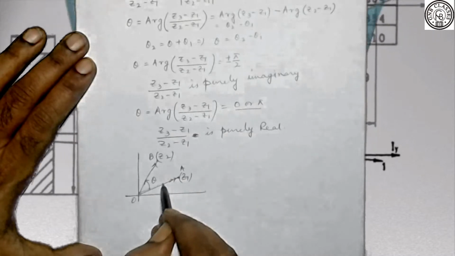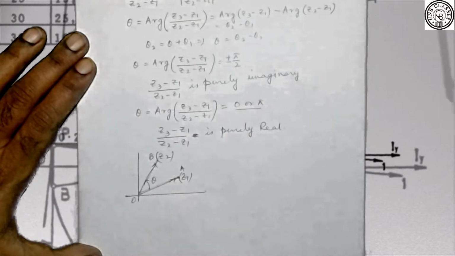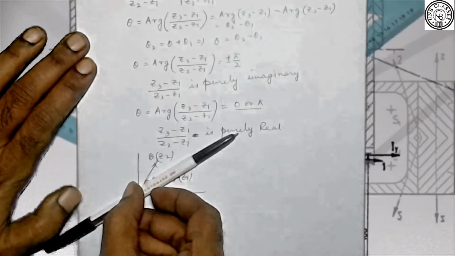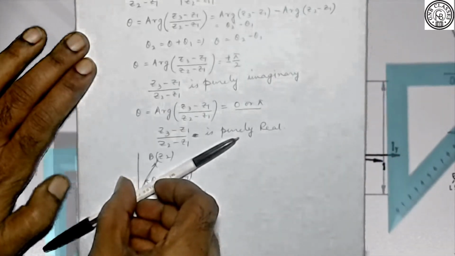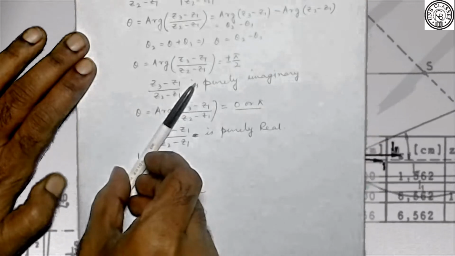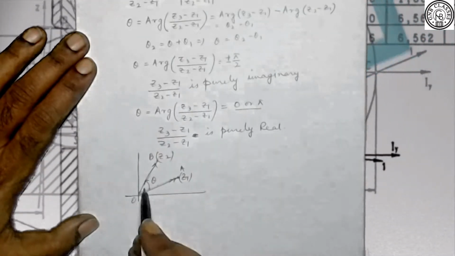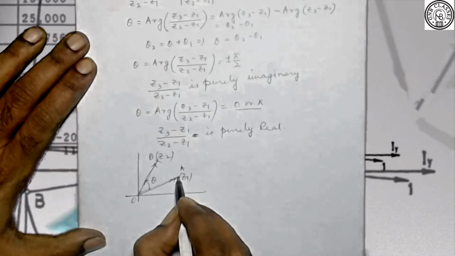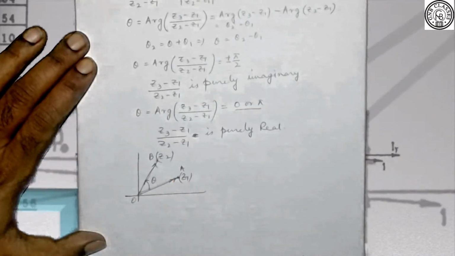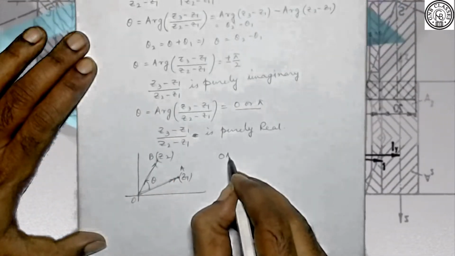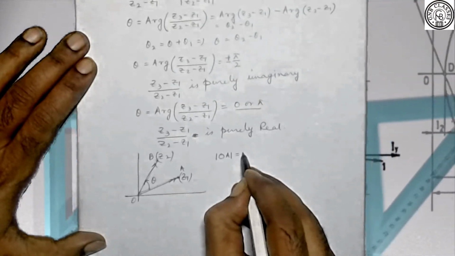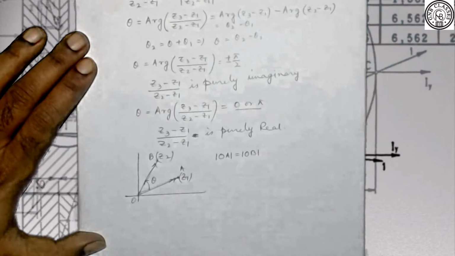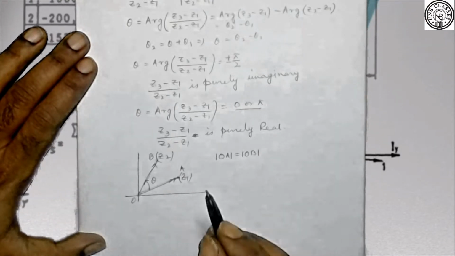That is, now the OA vector is nothing but the OB vector. Is it clear? It is starting from here and moving through an angle theta in the anti-clockwise direction and coming to a new position, say OB. That is, the new position of the point A is now B. In this case, the length of OA is the same as the length of OB. In that case, what happens? It's a very interesting fact.